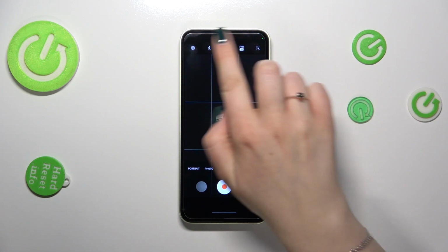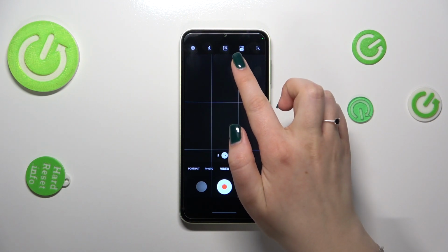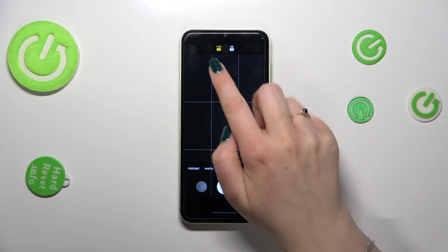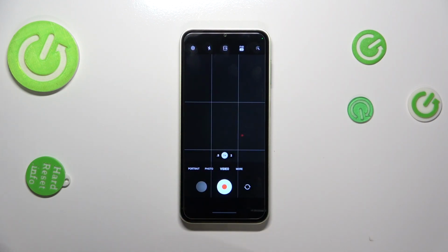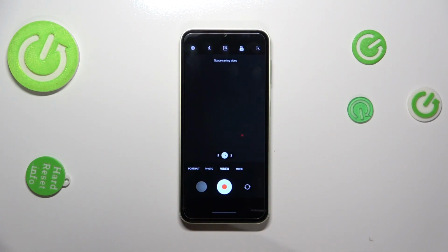So right now we can take a look at this option bar at the top, and on the second position from the right, we've got the resolution. So after tapping on it, you can see that we've got two different options. We've got currently FHD option set, and we can also choose the HD itself. So in order to set it, we have to tap on it and tap on the option we would like